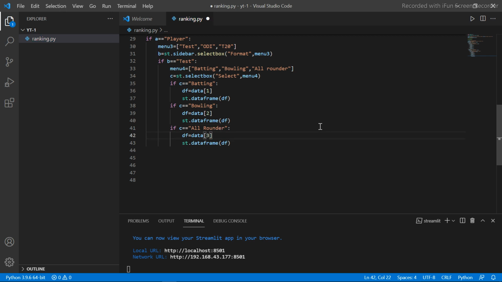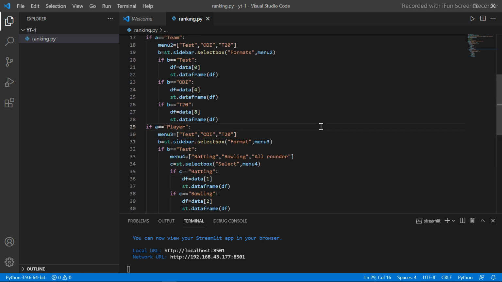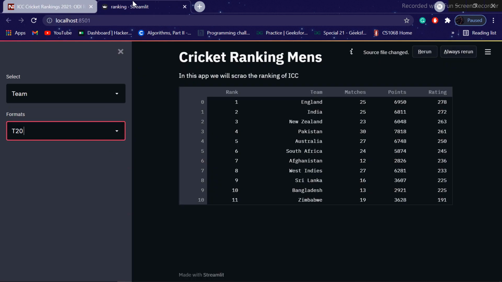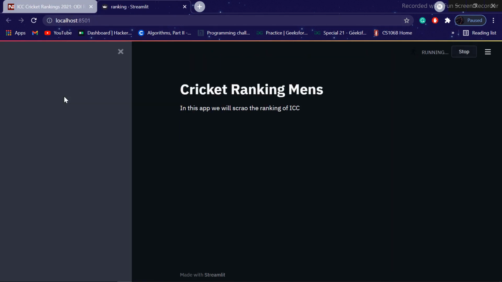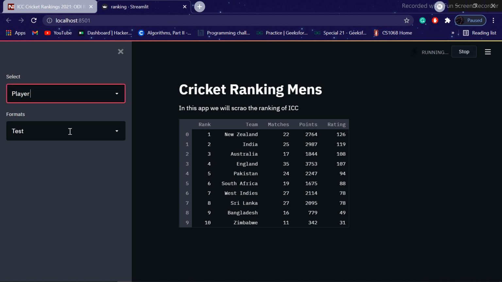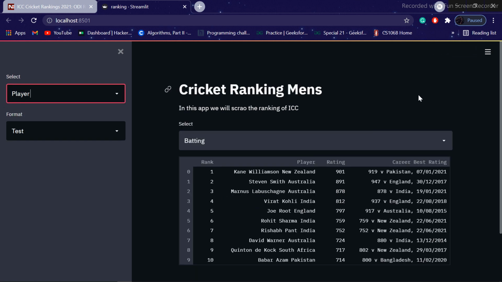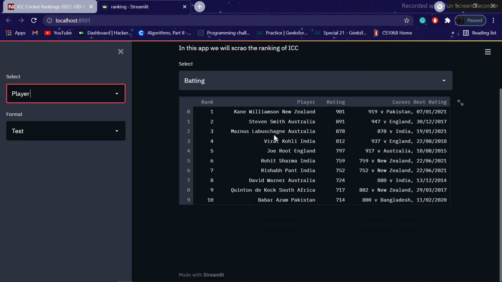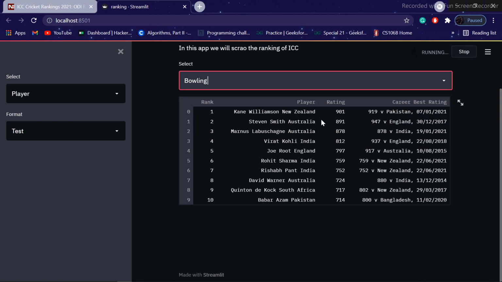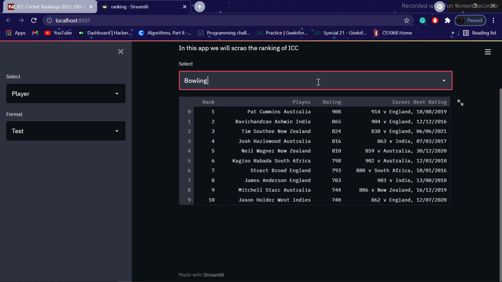Okay, now let's check if it is working properly or not. So let's move to our web app and check for players. Players, test. Now we have to select. Okay, so it is coming for batting. Kane Williamson is on top, Smith is second, and we can see for bowling too, bowling and all-rounder.